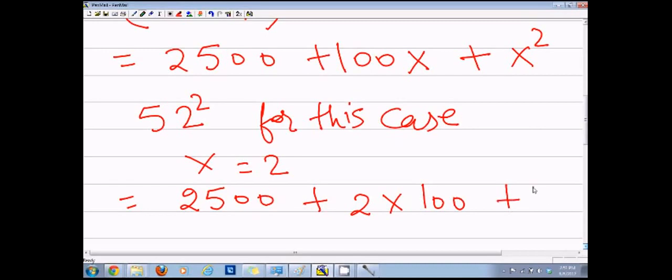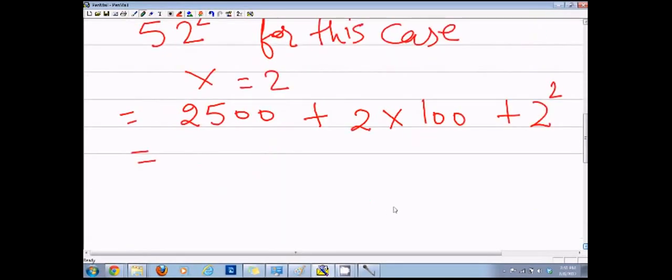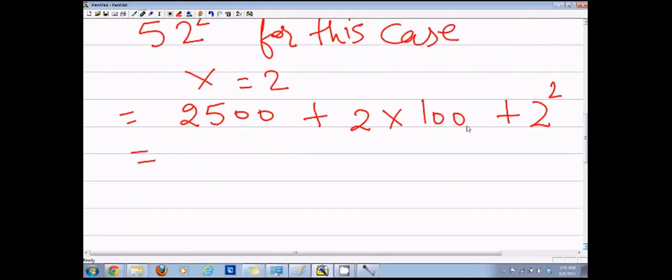And you can see, because 2 is at the hundredth place, this 2 will be added to 5, and then this 2 square is at one's place, first place, so it will come up on the last digit. So we will have